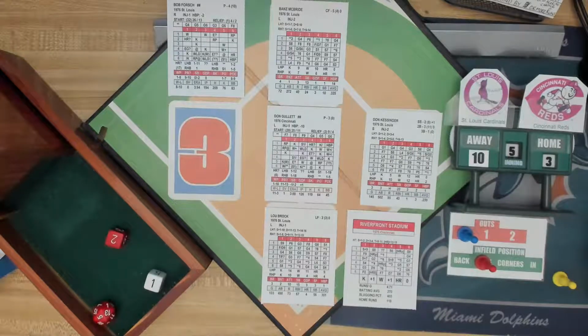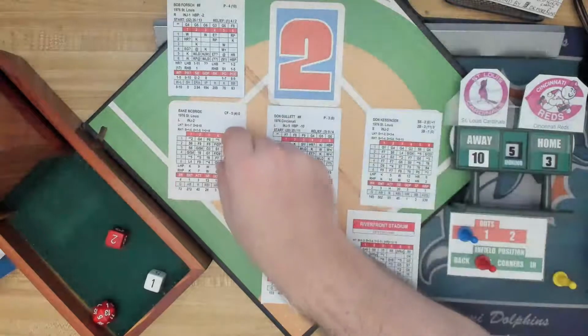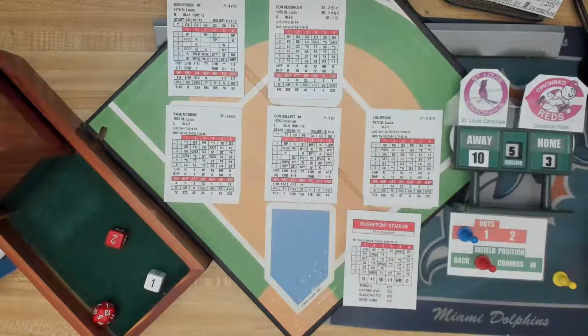Riverfront Stadium. 2-1. Base hit, center field. That's a single, and it's a station-to-station single. Although the one rule I really should make, if there's a chance for a runner to score, I should go ahead and make that call. And there is a chance for McBride to score. Could have done that with the Cardinals in the last inning. I really think if there's a chance of a run to score, which McBride does,